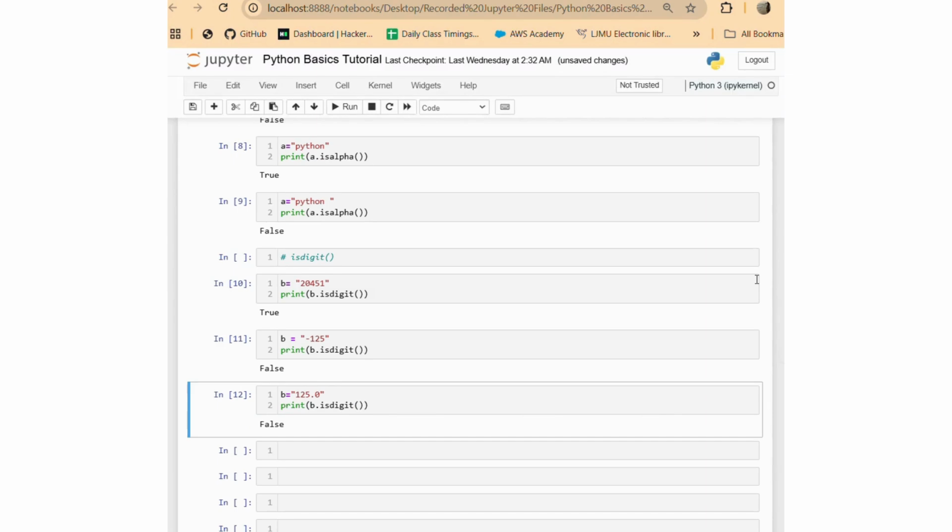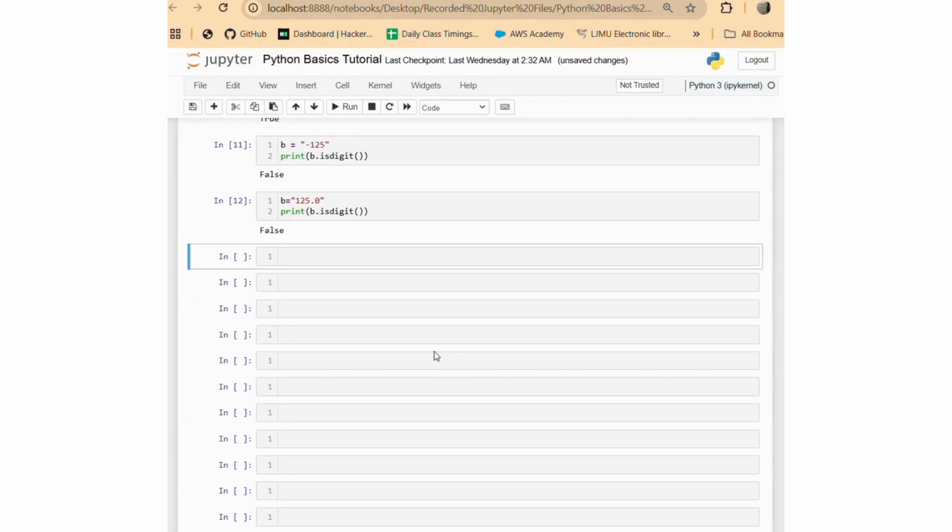False. It doesn't recognize decimal points, negative signs, or alphabets in a string. This method only helps you check if the entire string has only digits in it. It will come in very handy in the data sets that we will learn later on. Not anytime soon, but later on. I hope you understood it. Let's add more cells. There we go. Okay. The next one